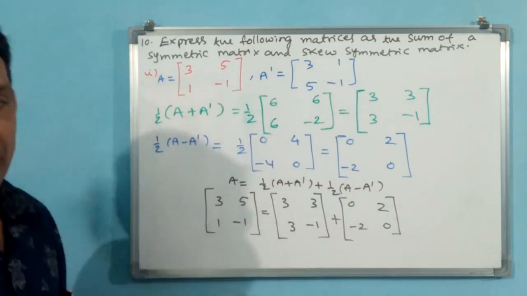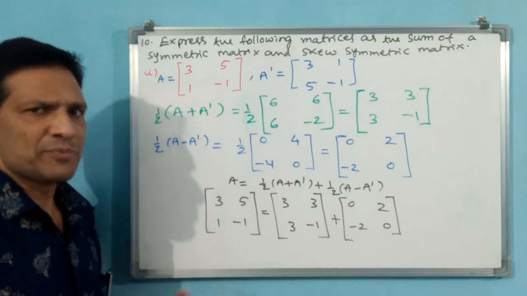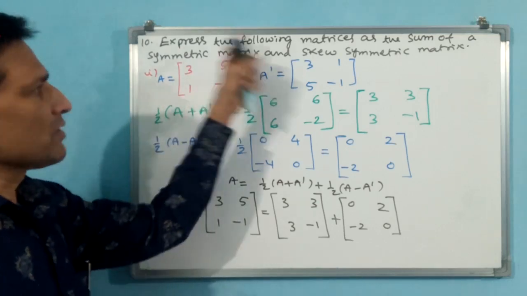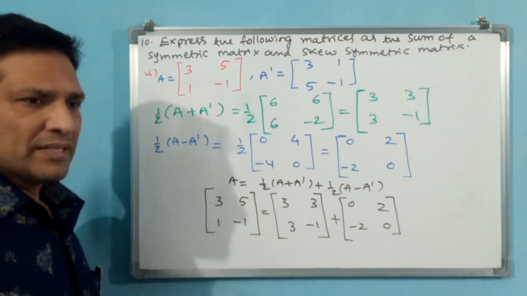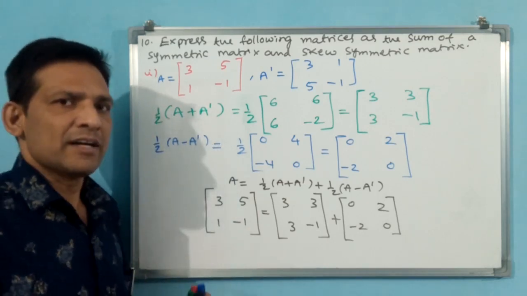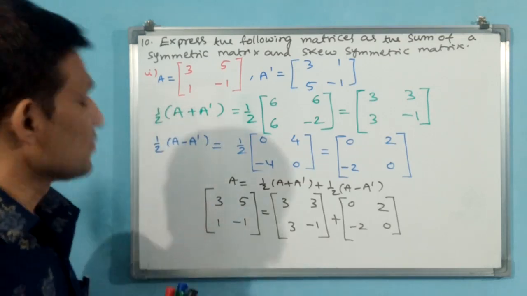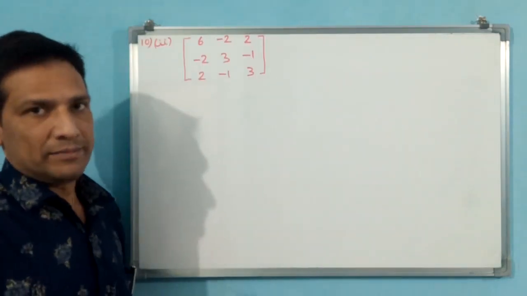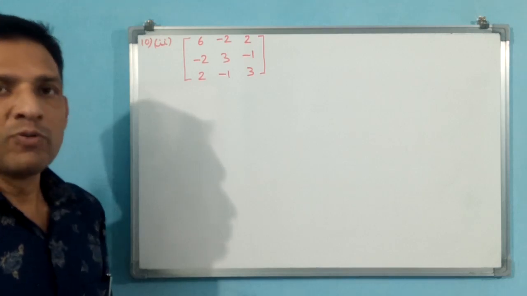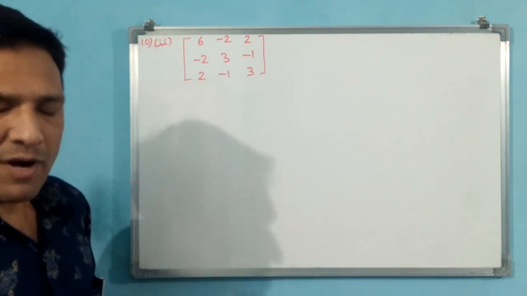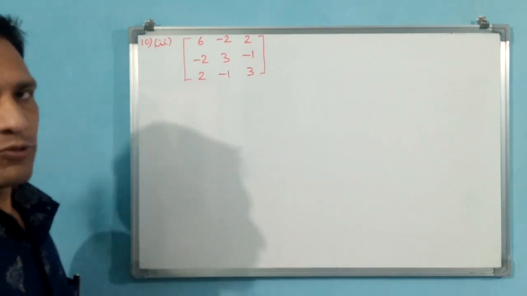Now this is 2 by 2. This we already have done in the conceptual class. Again they have given it in the exercise, we have done. But the second part, we do 3 by 3. The second and third 3 by 3 are there. Okay, let us do those also. See the second part. They have given a 3 by 3 matrix. We have to prove this as a sum of symmetric and skew symmetric.